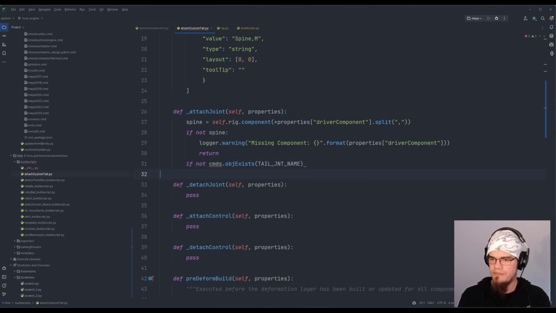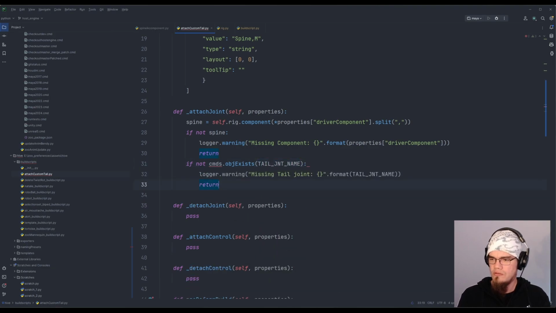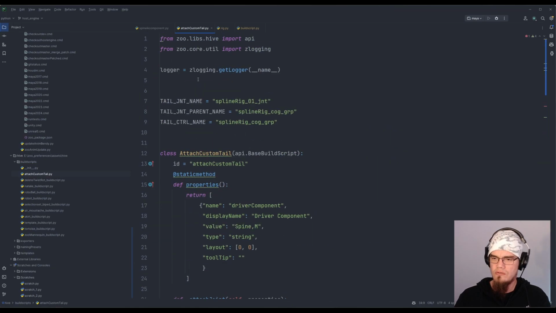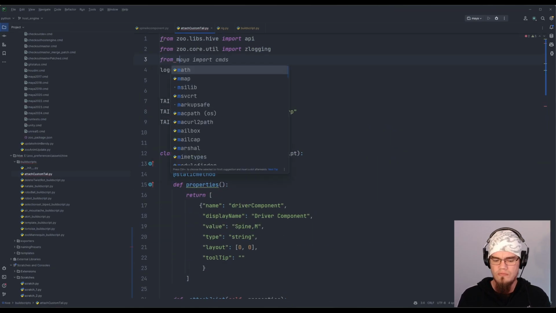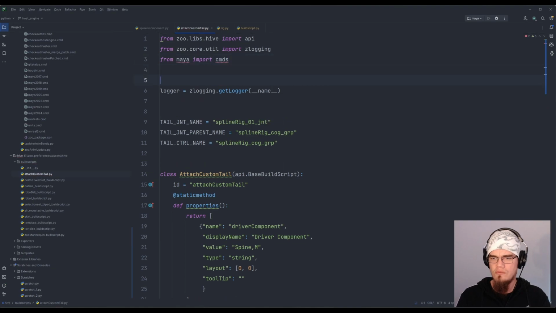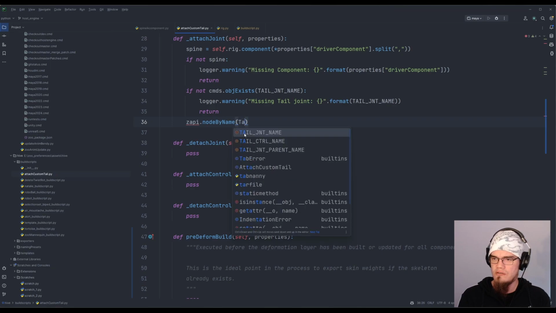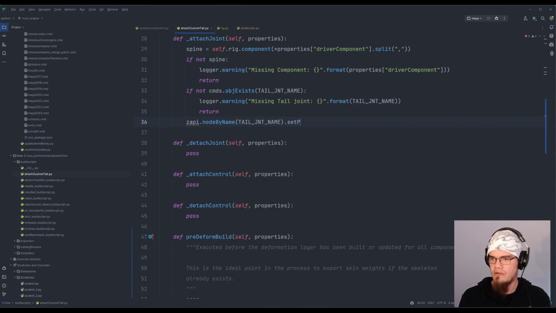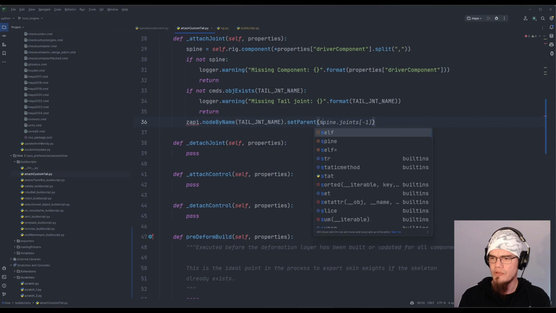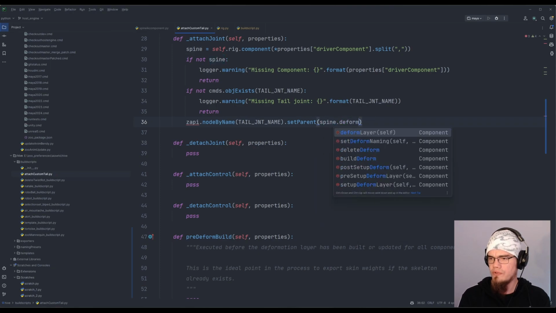Tail joint name. That should do. Import our CMDS module, or minus CMDS module. And now what we can do is I'm just going to go and say, put that to Zappies and import that too. And tail joint name, set parent to our spine dot form layer